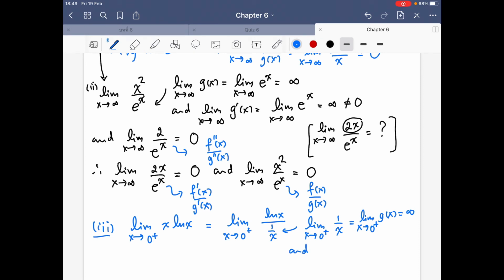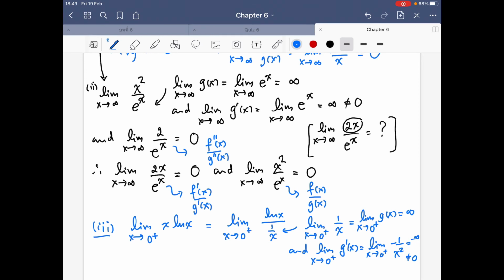And the limit as x goes to positive infinity of your g prime, okay, it will be negative 1 over x squared, which is negative infinity. So it's not going to be 0, okay, for your x in